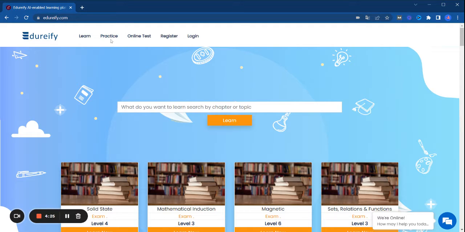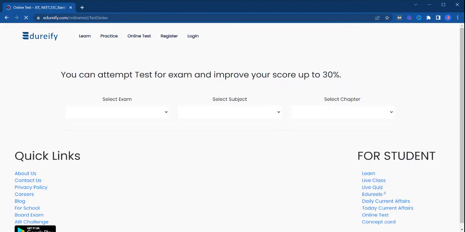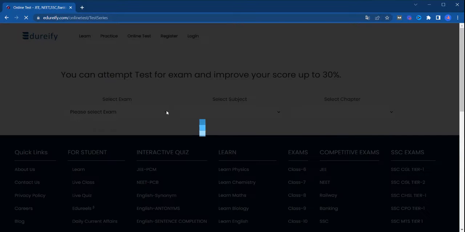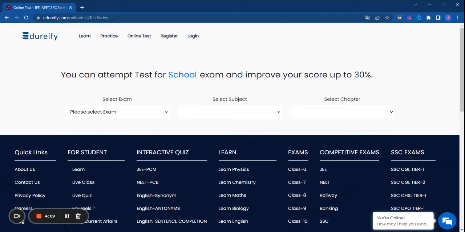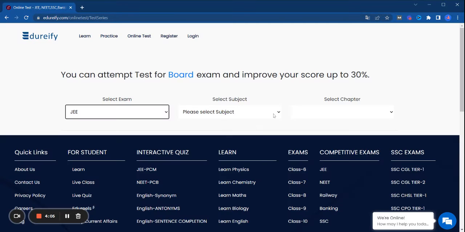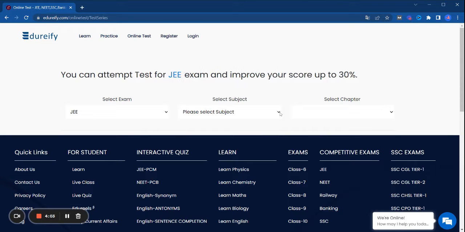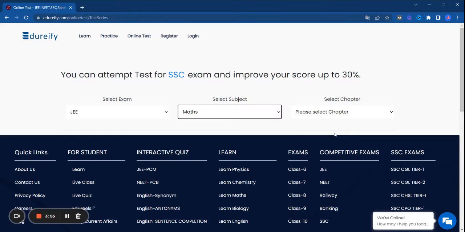As you can see, we have three sections: learn, practice, and online test. We are going to appear for the online mock test for JEE Mains. So, let's select our exam. I am selecting subject maths and chapter